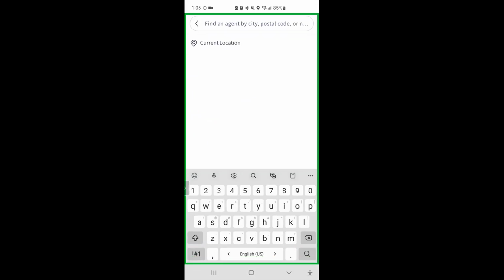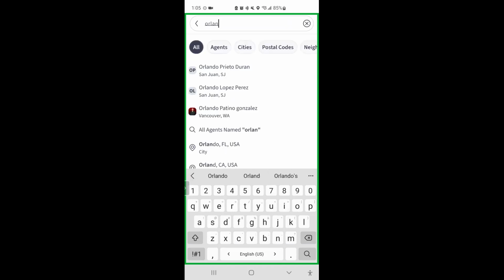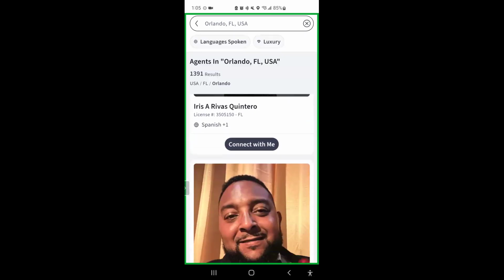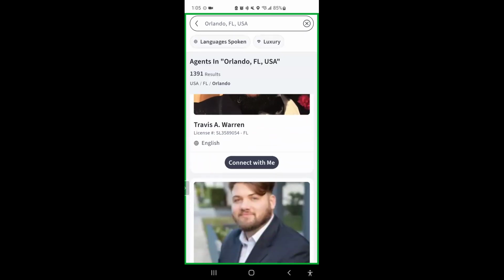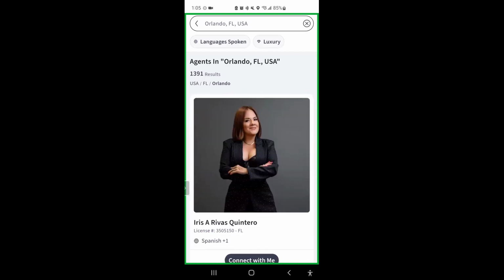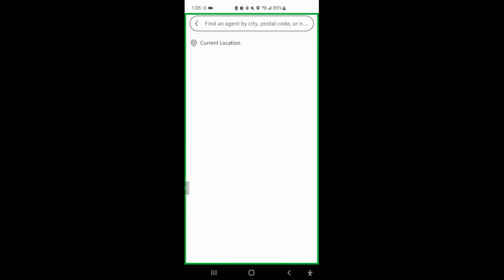They can search by city, postal code. So we can search for Orlando. And we can either search by the city or by the agent. So then you could just grab that agent and you could click connect with me at the bottom, and it would allow you to send a message to the agent and things like that. So super easy to connect with an agent. You can search by agent name, postal code, city,